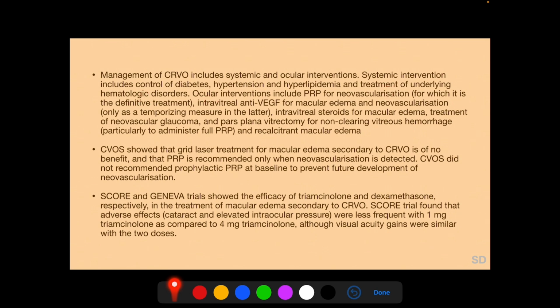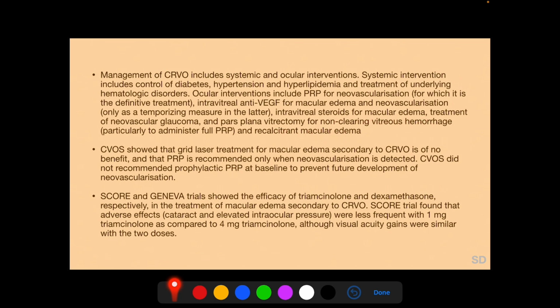Ocular interventions include panretinal photocoagulation for neovascularization, for which panretinal photocoagulation is the definitive treatment; intravitreal anti-VEGF for macular edema and neovascularization, and in neovascularization, anti-VEGFs are used only as a temporizing measure; intravitreal steroids for macular edema; treatment of neovascular glaucoma; and pars plana vitrectomy for non-clearing vitreous hemorrhage and recalcitrant macular